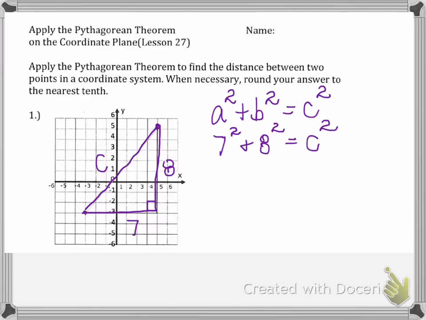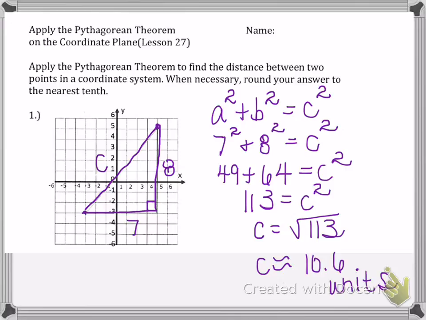So I've plugged in what I know about this right triangle to our Pythagorean theorem. We always start with the formula a squared plus b squared equals c squared. We have the legs, so I plugged in 7 squared and 8 squared. I'm going to find those values, and then I'm going to find their sum to be 113. And I am trying to find what C is. So to undo the power of 2, I'm going to take the square root of 113, which is about 10.6